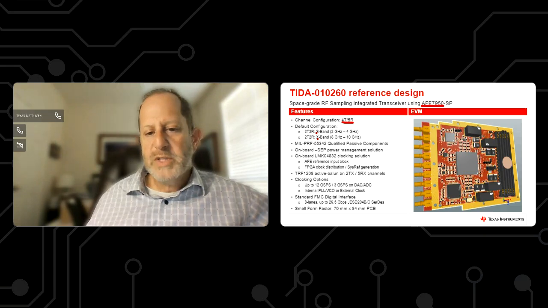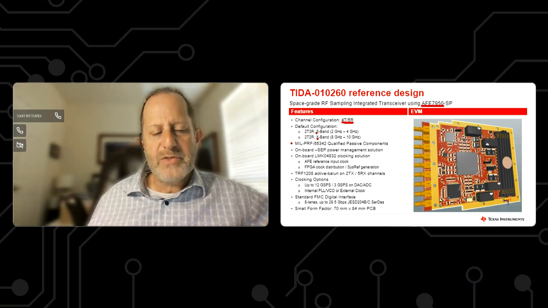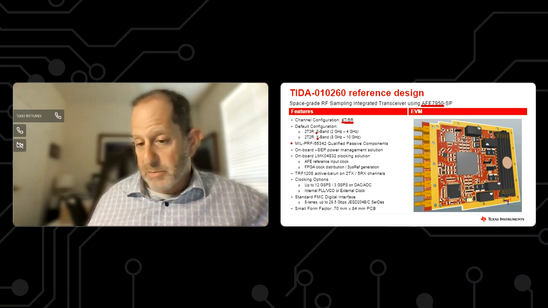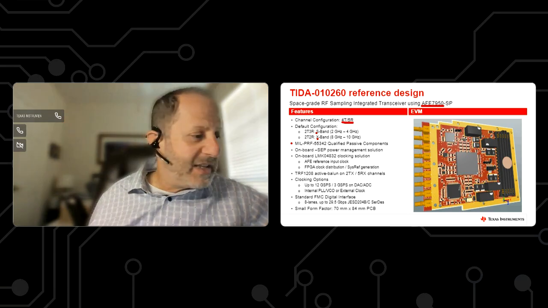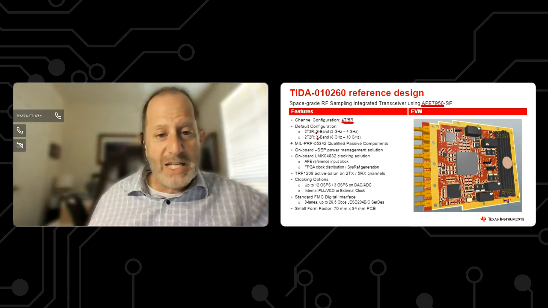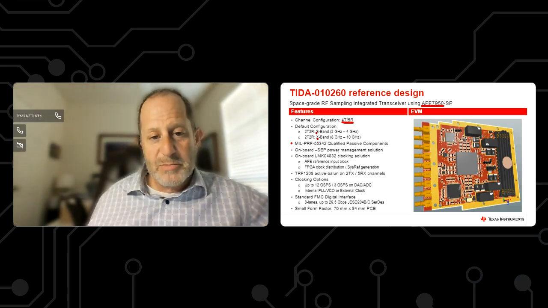So this design not only has all TI parts that are space grade, it also has all the passive designs defined or identified to be space grade passive components. And when I started this design, I didn't think that was going to be that big of a deal, but I'm kind of finding out that space grade passives are not quite as easy as you might think.